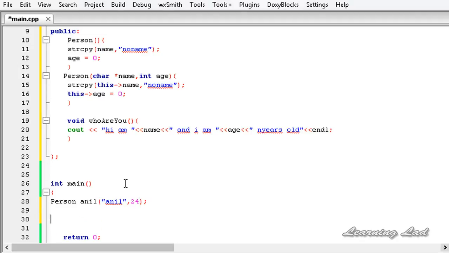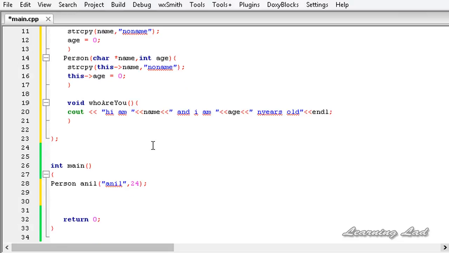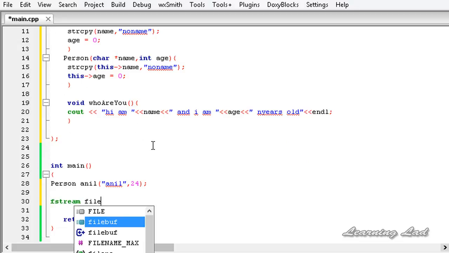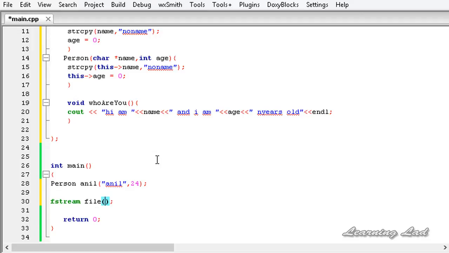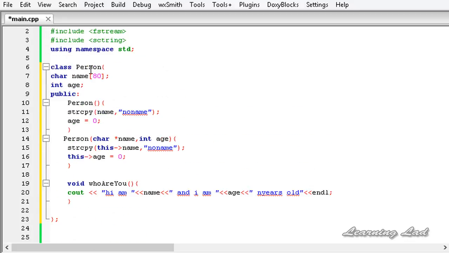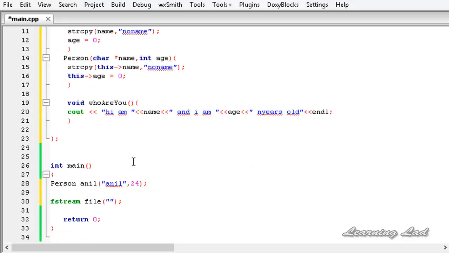Alright, the next thing that we're gonna do is we're gonna create a binary file, or open a binary file, so that we can write to that file. So I'm going to use an object of this fstream class, so that I can read and write to that file. So it's gonna be fstream, and let's call it file. You guys can give any name you want, and then here I'm gonna pass the file name. Let's say, since we are working with this Person class, let's say person, and let's add the extension as bin, just the extension. And then we need to specify that we want to work with a binary file,